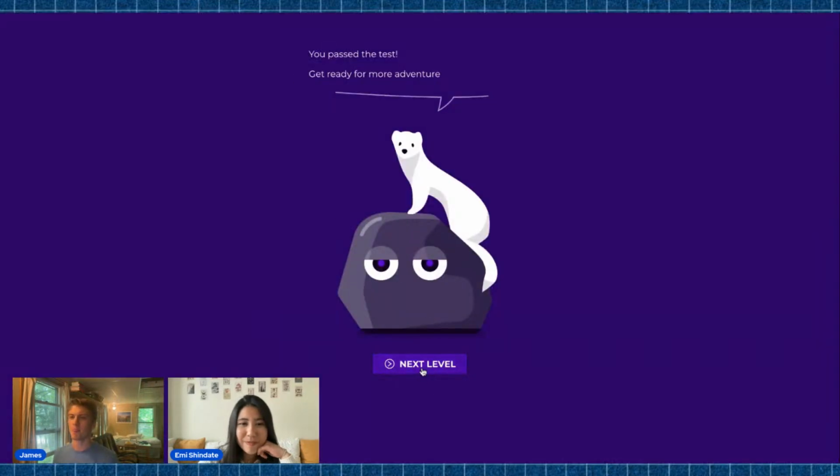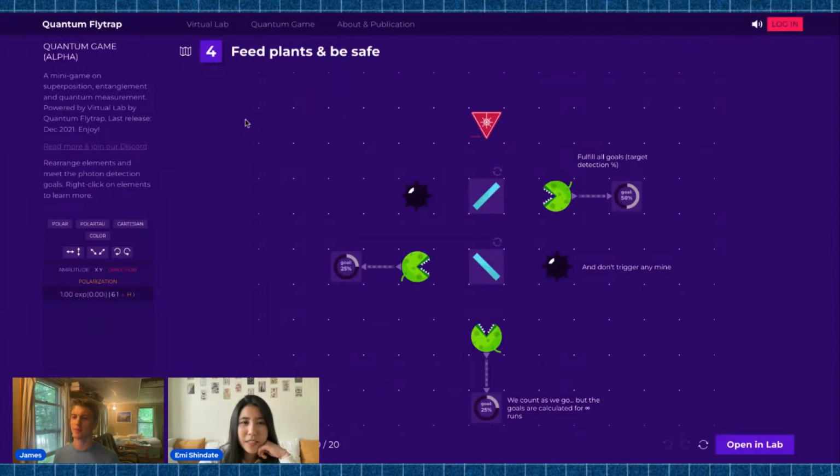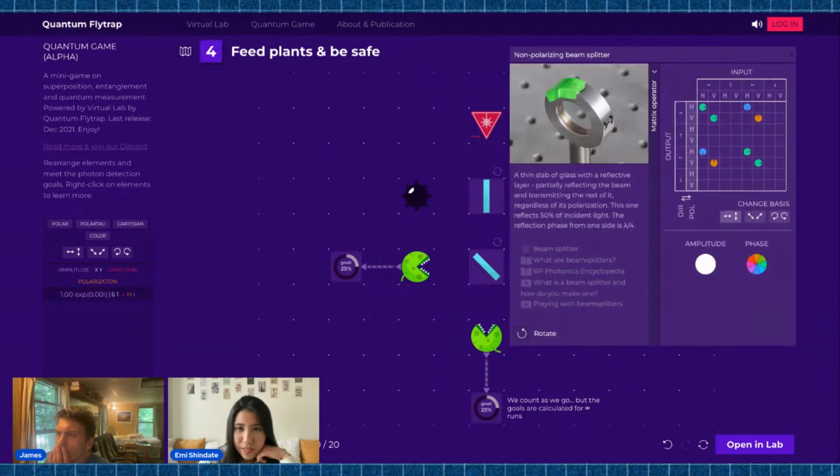Okay. What's next? You passed the test. Get ready for more adventure. Feed plants and be safe. Okay, so the point of this is to get... Oh, you can rotate this. What kind of element is this? Non-polarizing beam splitter. Okay, so it's a thin slab of glass with a reflective layer, partially reflecting the beam and